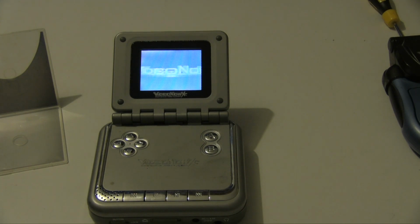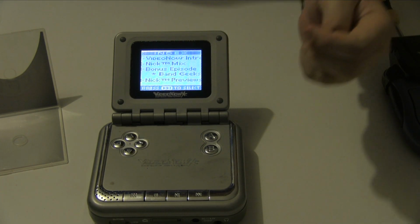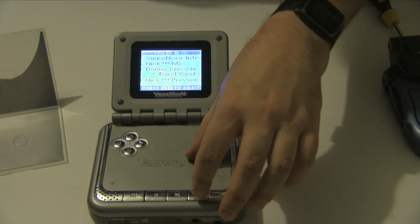And there we go. So we do get a small menu here. This is cropped off because again it's not really designed for the...